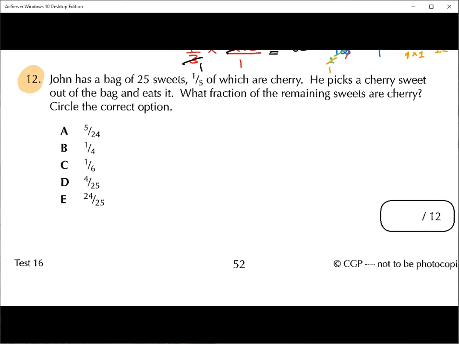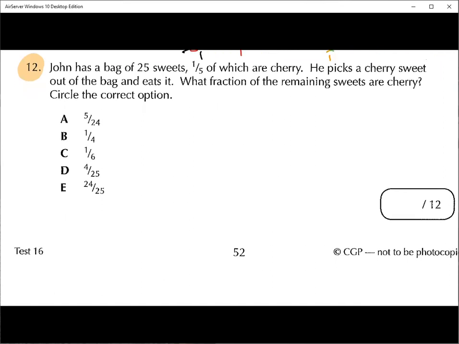John has a bag of 25 sweets, 1/5 of which are cherry. He picks a cherry sweet out of the bag and eats it. What fraction of the remaining sweets are cherry? Circle the correct option. Okay, so what do you do for this question? You do